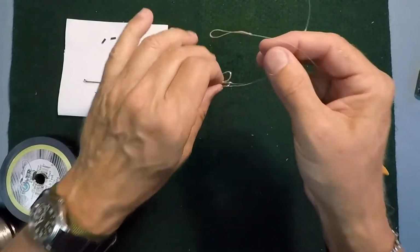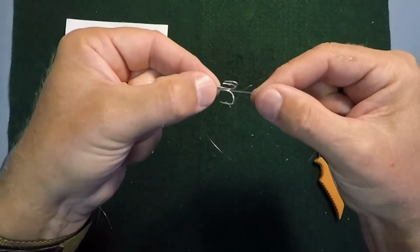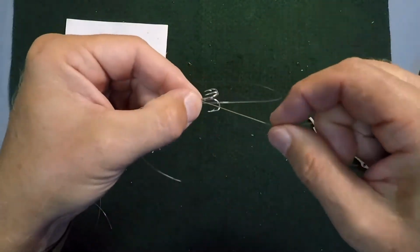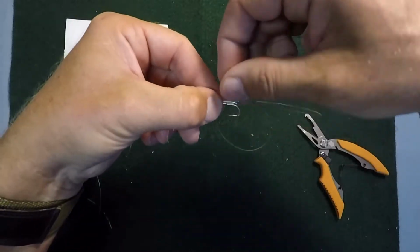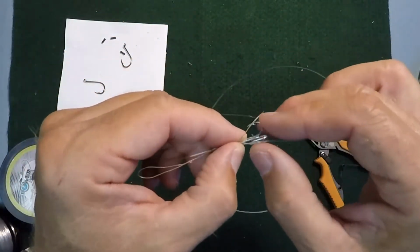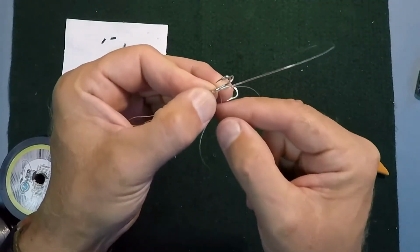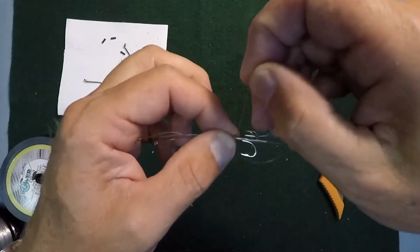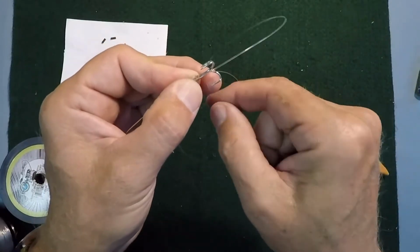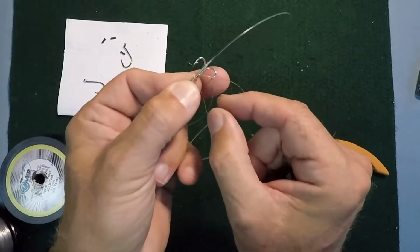Now it's just a matter of laying the mono down along the shaft and snelling your hook using your favorite technique. I think the uni knot is good enough, so I'll go ahead and lay this down and snell it in here. Now one thing you want to do is to do this as close to the eye of the hook as you possibly can,